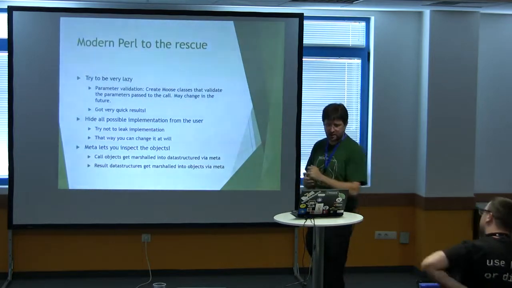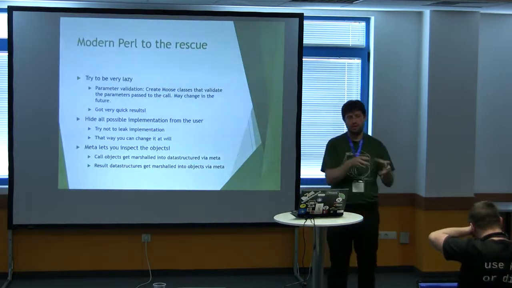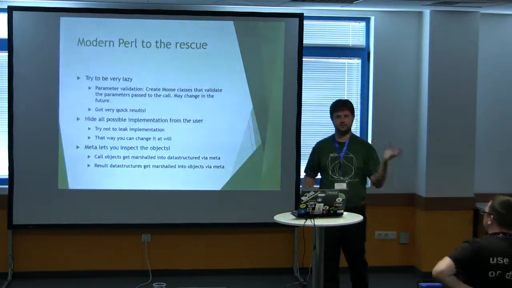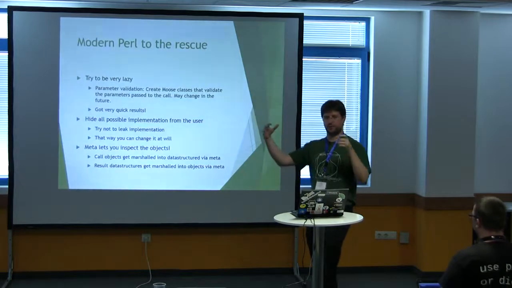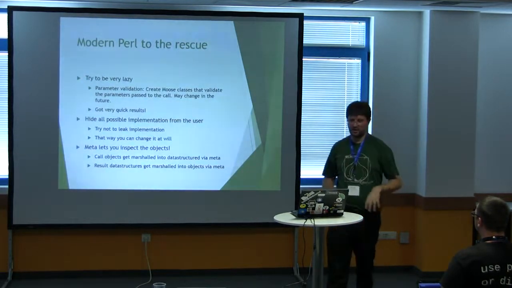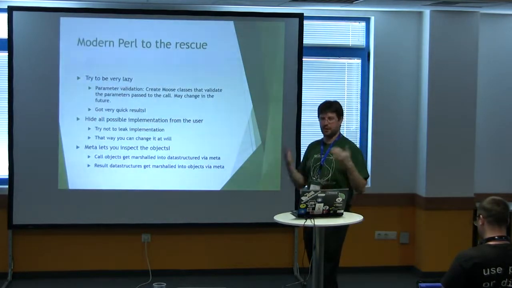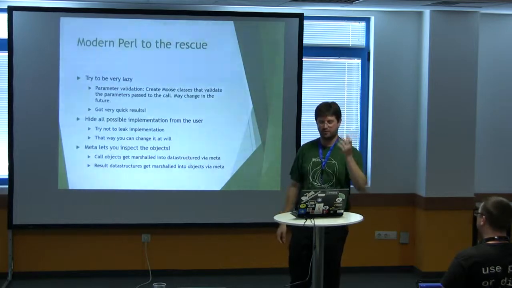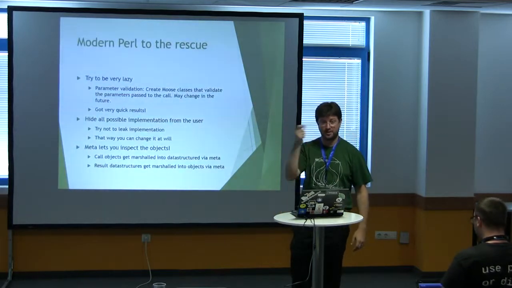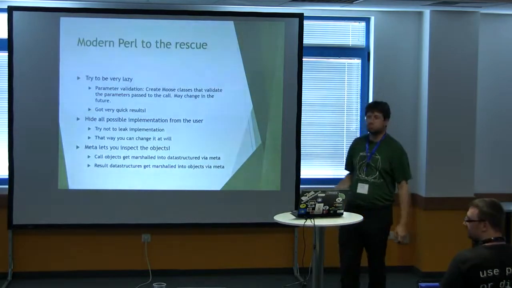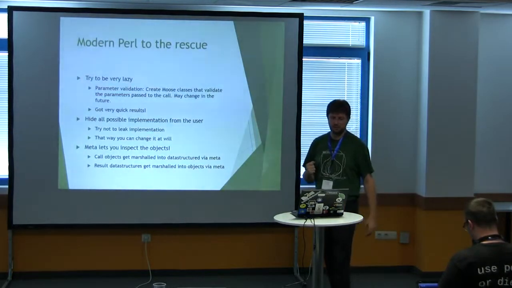So the thing is that every call has an associated object for its parameters. You slurp the parameters into a new. That Moose object gets created. If it has the correct parameters, it gets created okay. We now have a valid object representing the parameters for the call. And the thing is, that worked out okay.